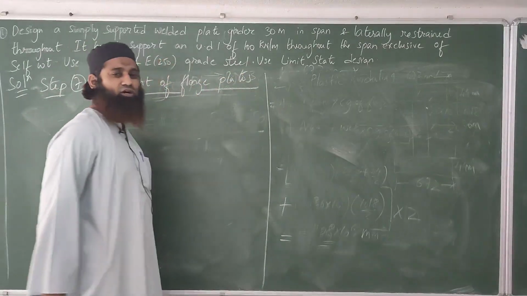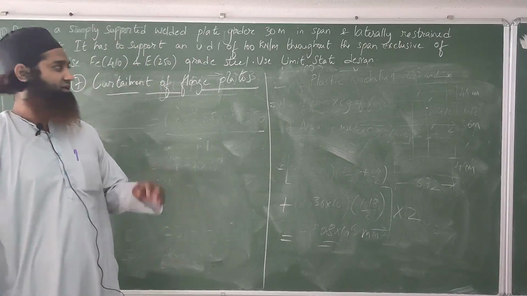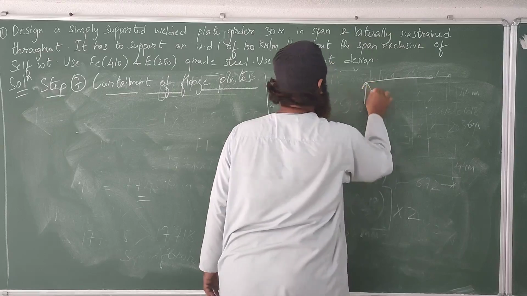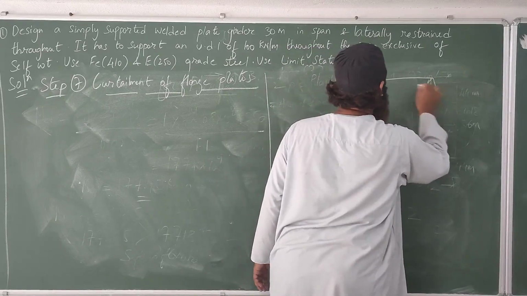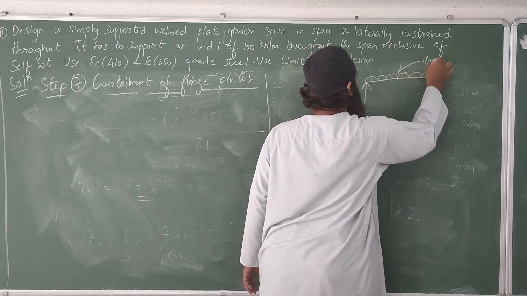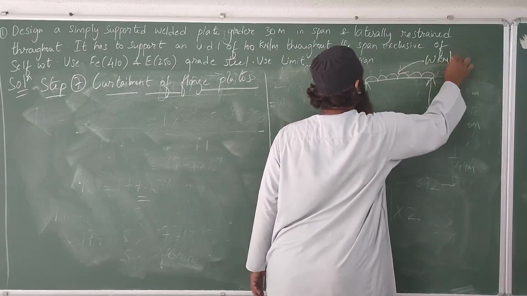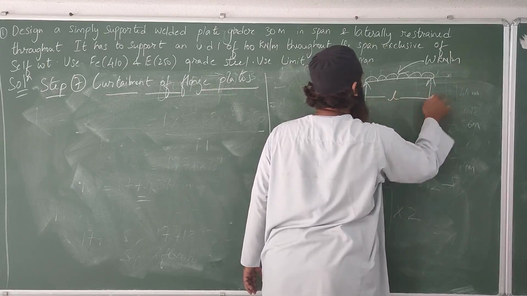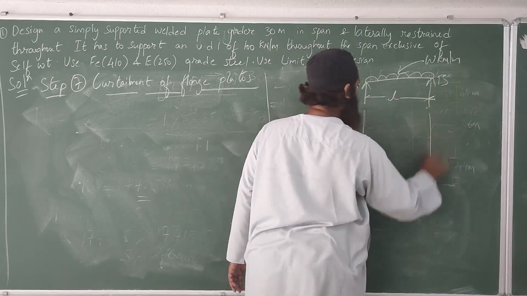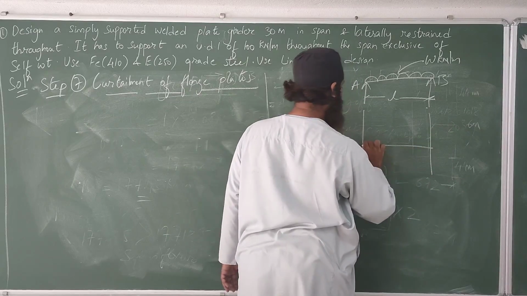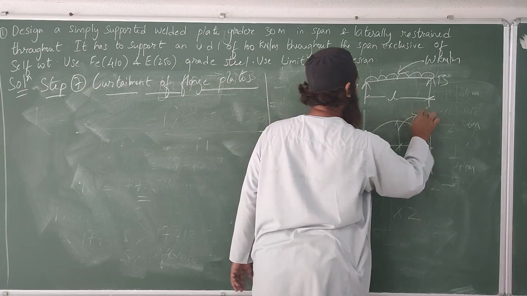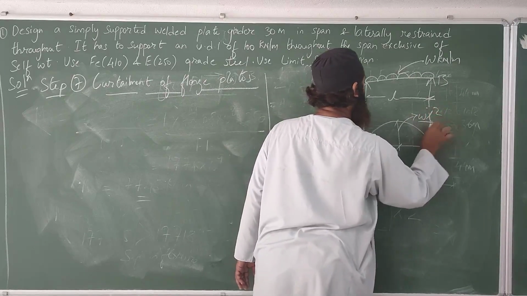As I had told you, curtailment, what is curtailment? I'll just give you a simple example again so that it is clear to you all. If this is the simply supported beam and the load acting is a UDL of W kilonewton per meter, and this is L, the maximum bending moment we get will be at the center, and that will be WL square by 8.